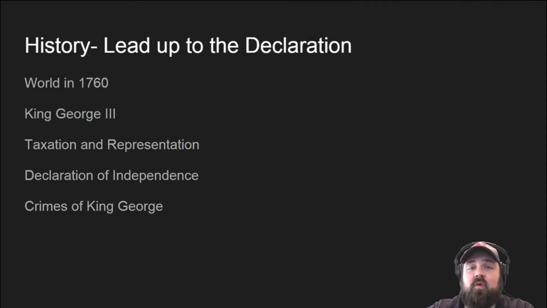So we laid out the crimes that he committed. We also showed these crimes to the rest of the world. We didn't just send this to King George. We sent this to Paris. We sent this to Germany. We sent this all over Europe so that we could gain support from other countries, or at the very least they would stay out of this conflict and let it just be between us and the British. Well, the French received this pretty well. Eventually they showed up to help us.